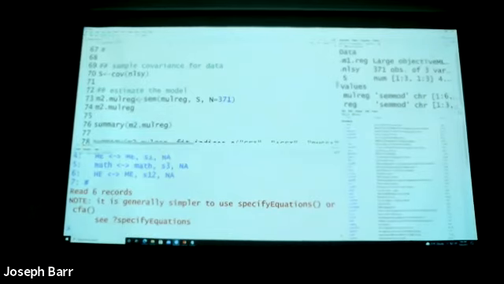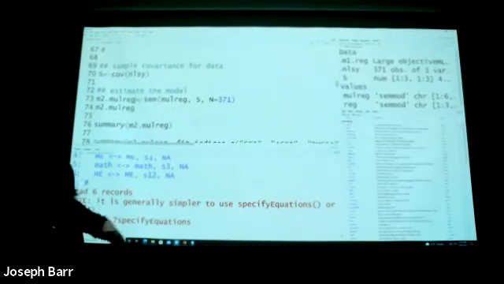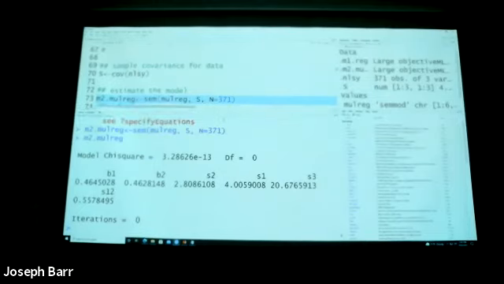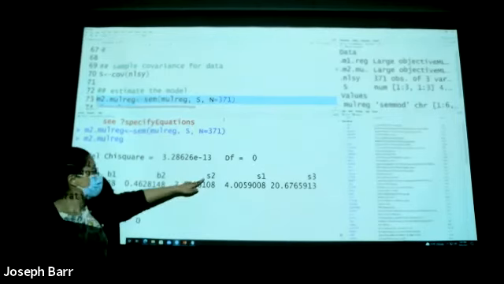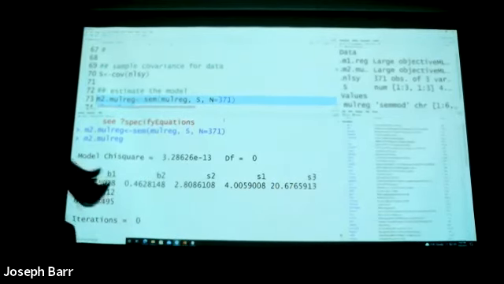And remember that if you put a dot between the letters, it's still okay because this is the name of an object. So highlight this part, and you can look at the results. That's it. This is the result for the object. Of course, it's a simplified version. If you want to see more, we have summary and other functions to do that. B1 estimated here, B2, S2, S1, S3, covariance, chi-square, degrees of freedom.